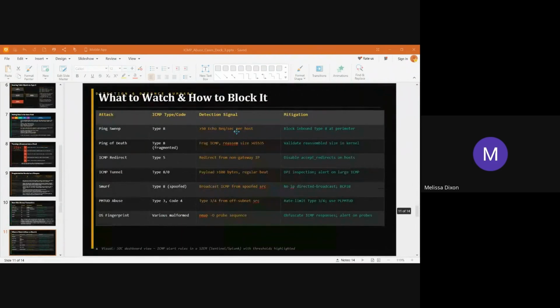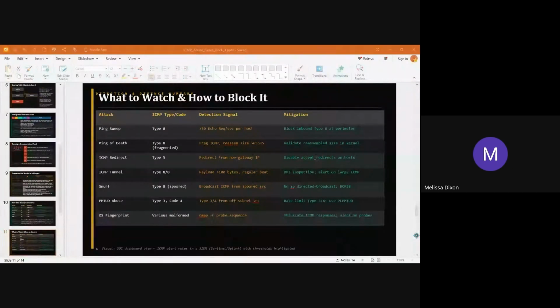Okay, so we have the detection and defeat summary here. Every attack we covered is mapped to what triggers it and how to stop it. Reconnaissance attacks, if you recall, like ping sweep and operating system fingerprinting: the signature is volume and probe pattern. On the denial of service attacks, like the ping of death, the Smurf, the PMTUD: the signature is